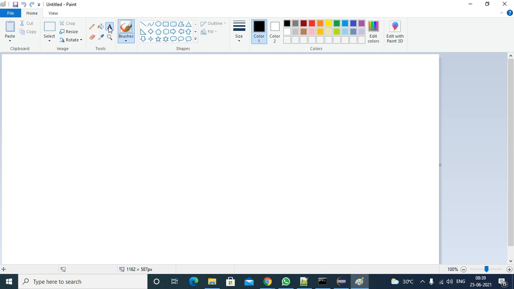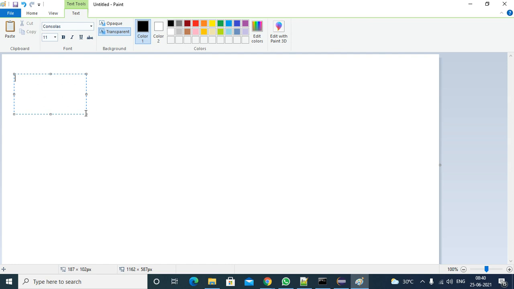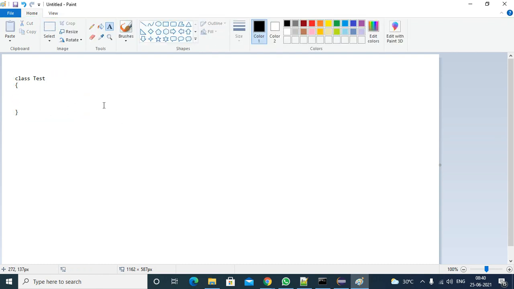Suppose a class is written like this. What will happen at the back end? Everybody, please try from your end; you need not answer. If a class is like this and you compile the program, what will it generate at the back end? What will the compiler add? Will it add a default constructor or not?